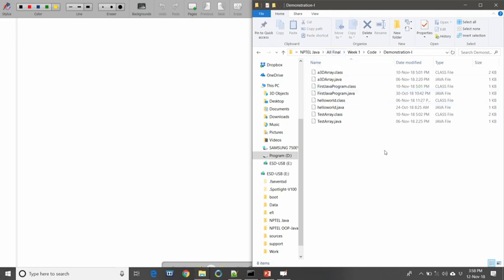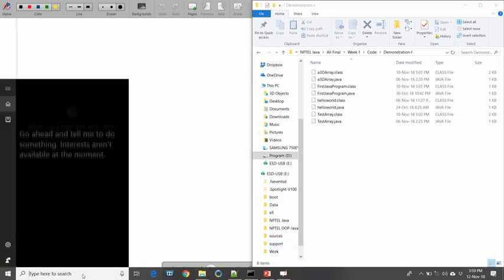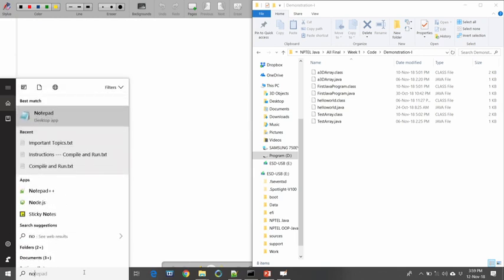We can call it a project directory. You can create your project directory anywhere in your system, in any drive, and then you will be able to create your program, compile your program and execute your program.